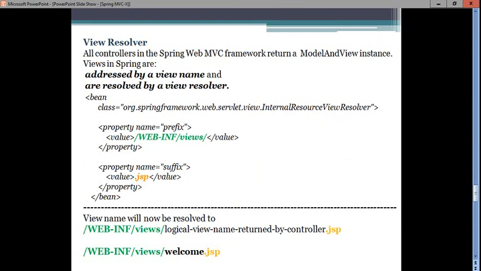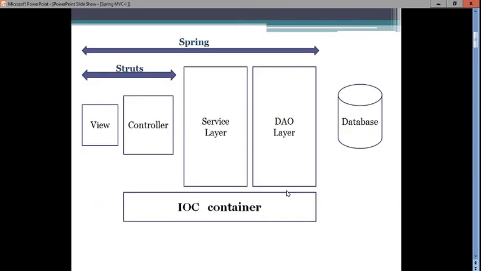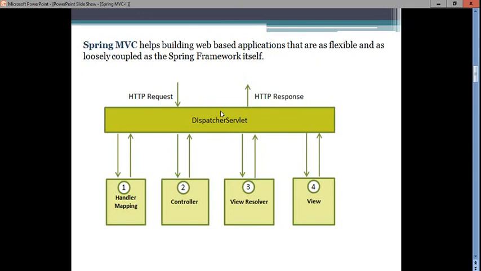Okay, now we are done creating this component. We can see here we have configured the dispatcher servlet, we have provided the handler mappings within the method of the controller, we have designed the controller, and we have designed the view resolver. Now finally we have to design the view, because the model and the logical view name returned by the controller are passed to the dispatcher servlet. Then the dispatcher servlet takes the help of the view resolver to get the complete path or the complete name of the view.